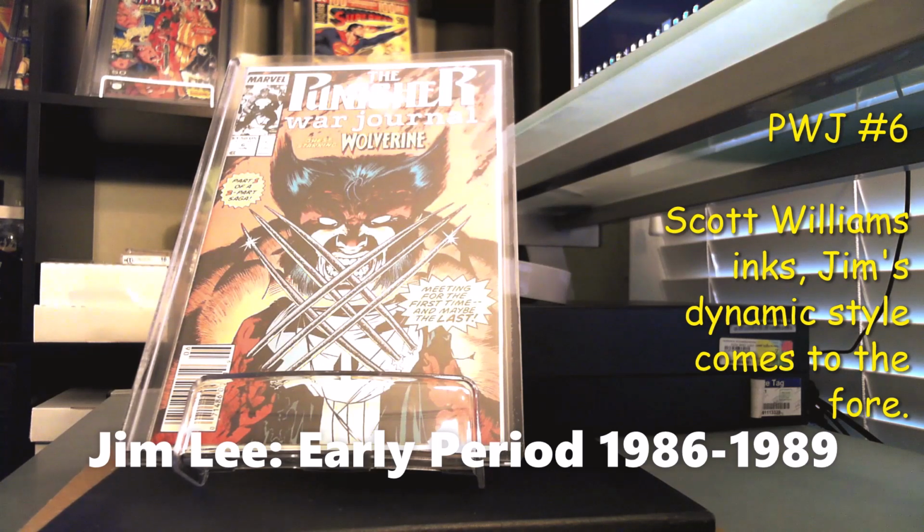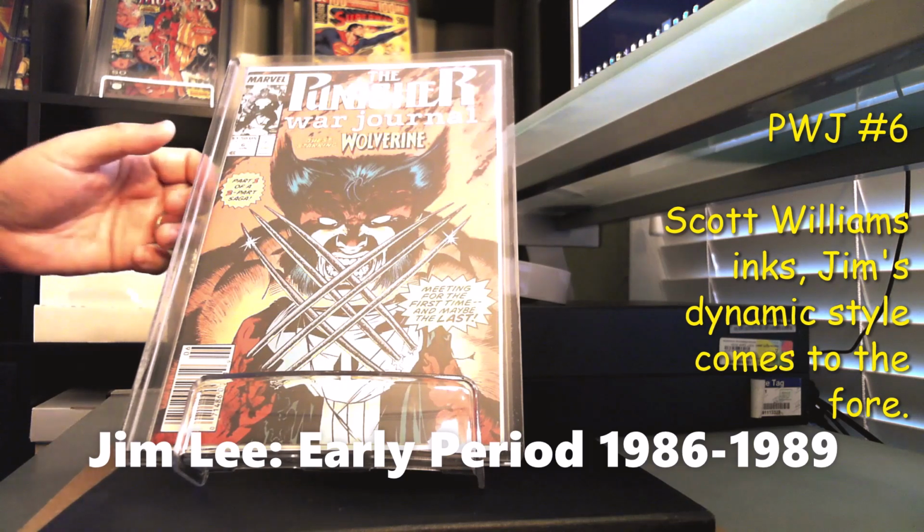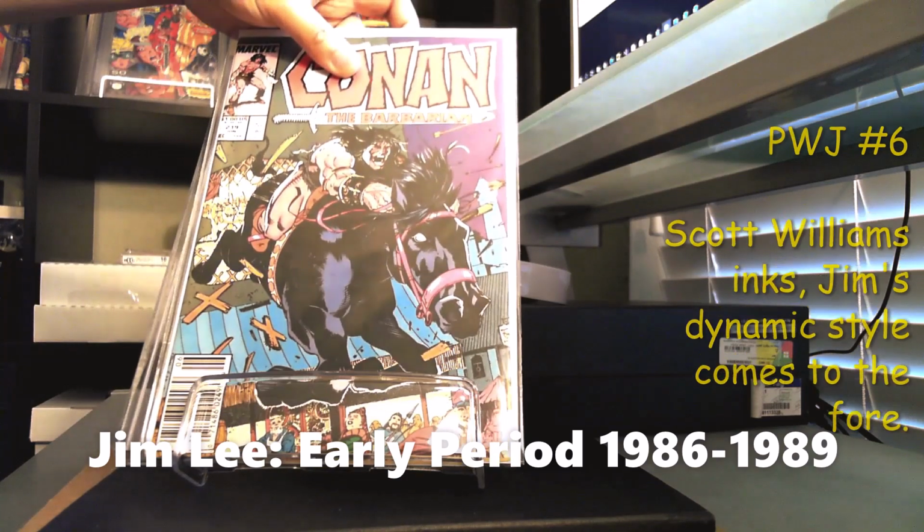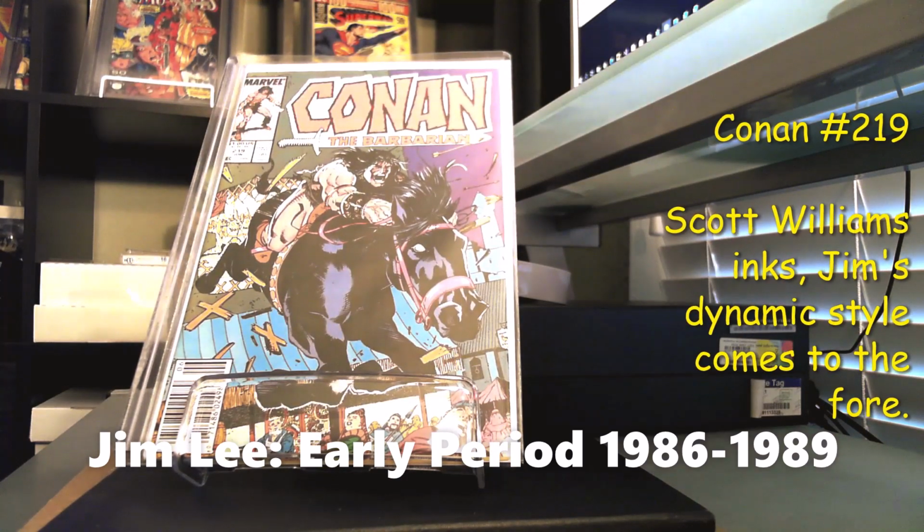And then we get more and more dynamic styles on Conan number 219. Scott Williams again works with Jim on this book, and Jim does the cover here. So great issue. Love this cover with the black horse, Conan riding through. And then again, the second part of the Punisher War Journal, Wolverine versus Punisher. This is number 7, another